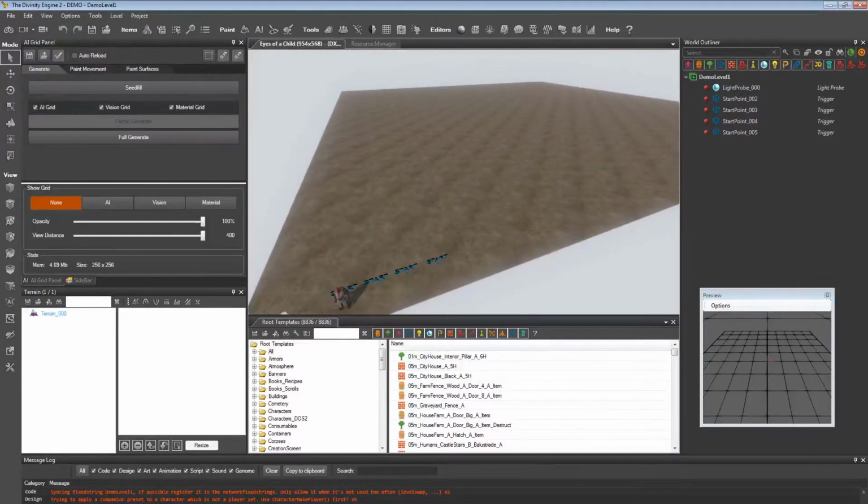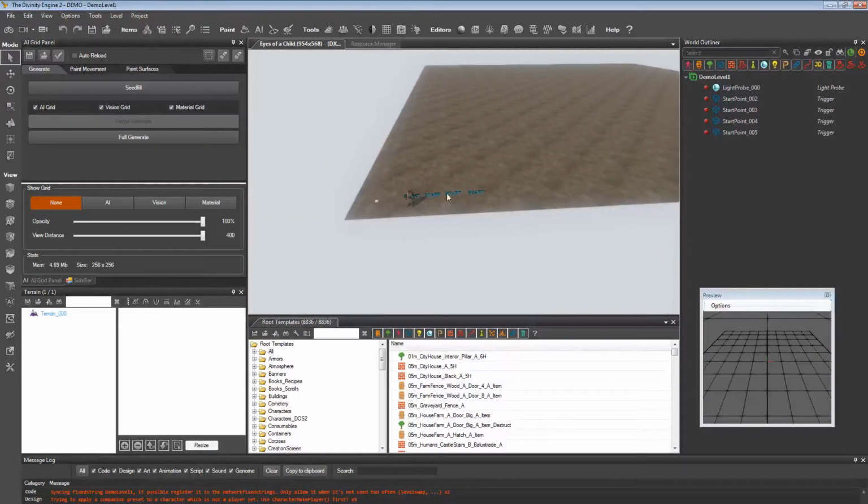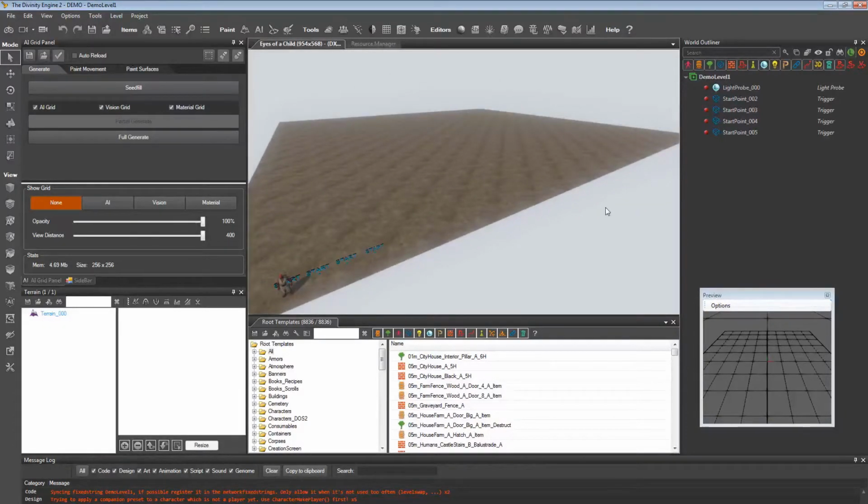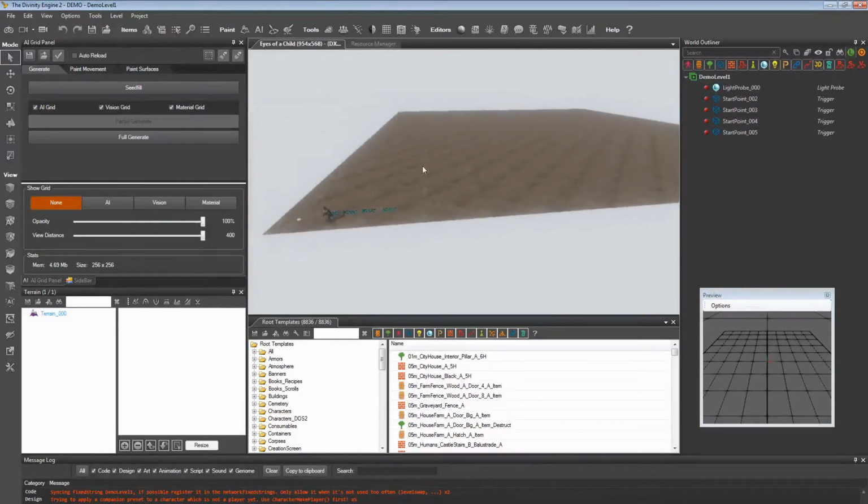Here we are. So what I want to do is create a layer of water underneath this terrain piece so that if we lower this terrain, the water will appear. The best way I found to do this is to use a scenery piece and set it underneath the terrain layer. So to do that, we need to go to the root template here, filter on the scenery,